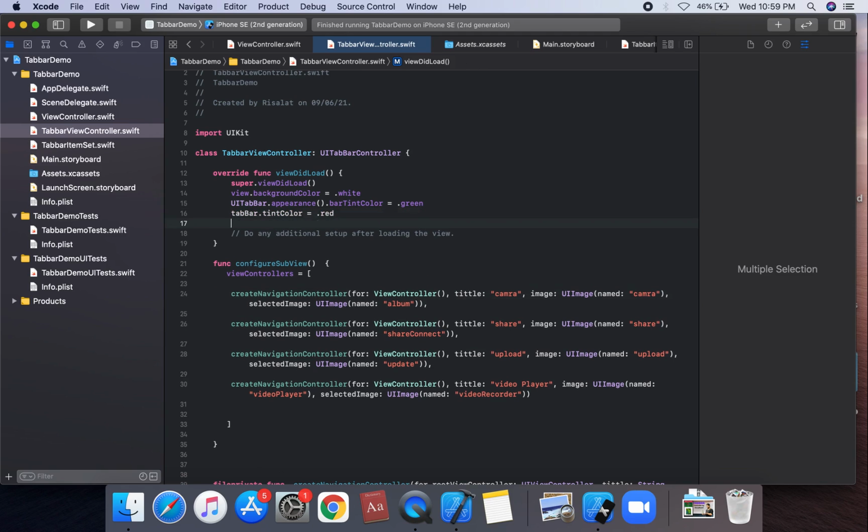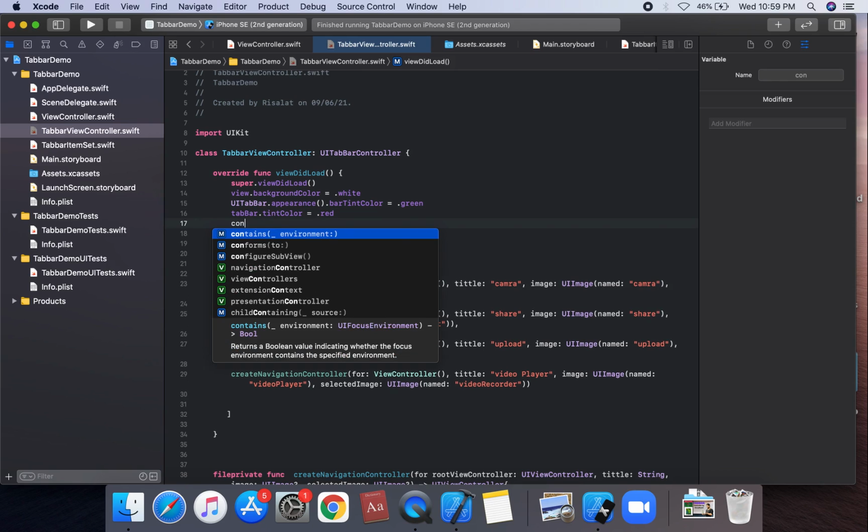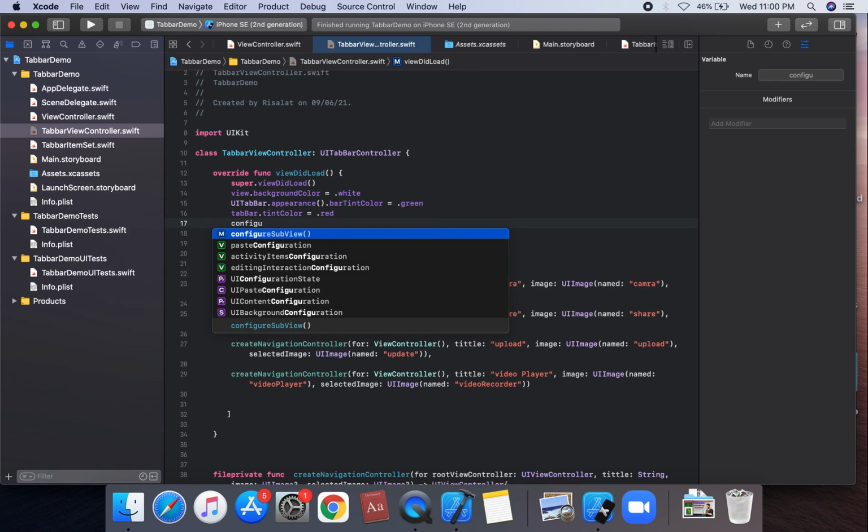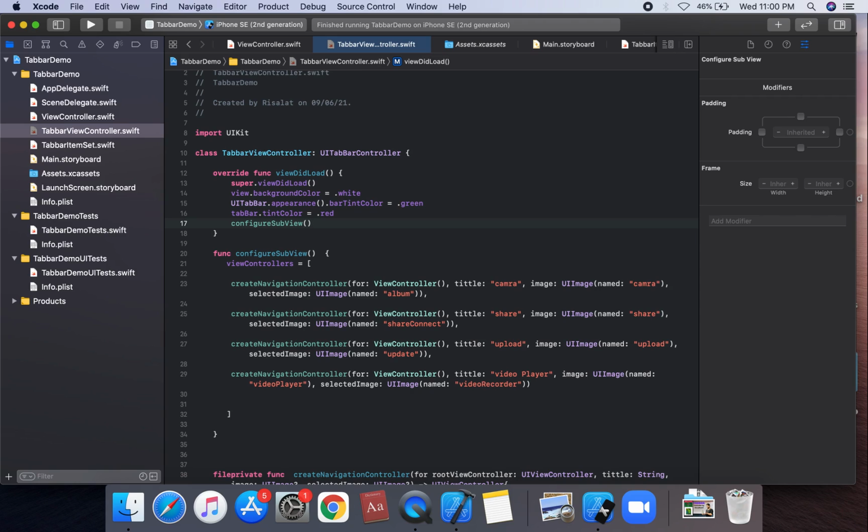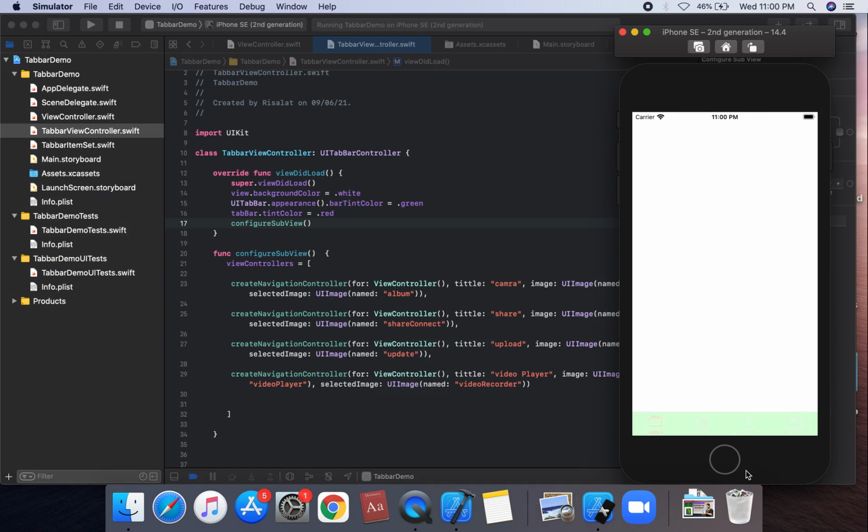So we can call on this view did load. Firstly execute on this view did load, calling on this configure subviews. Configure subviews is the call. We can run on this state. We can configure subviews, where we create the view controller. So we can run on this tab bar. So first is camera, second is share, third is view, and fourth is video player. Set on this